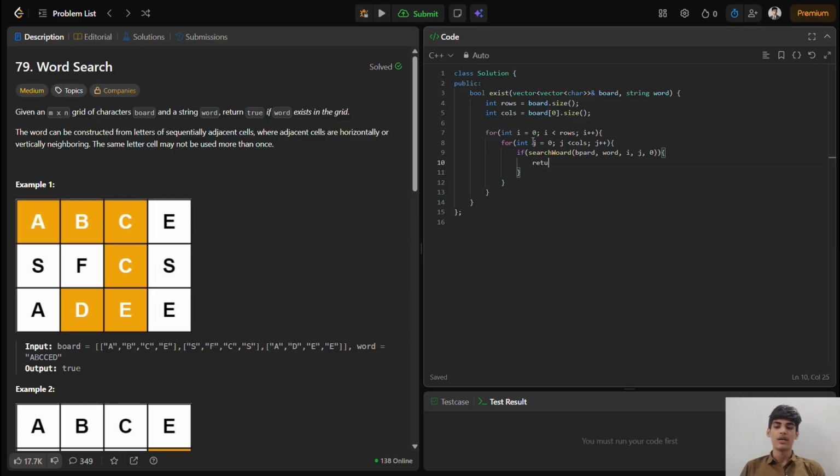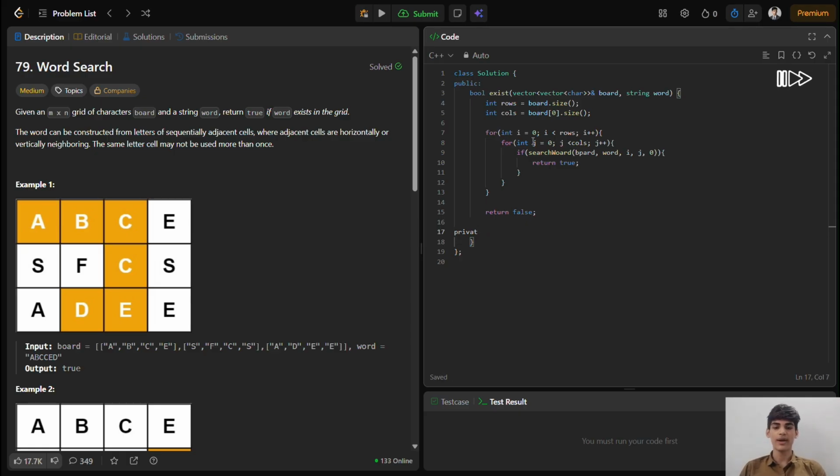This 0 means, hey helper function, check if the first letter of the word is right there. If it finds a complete path, it returns true and our work is done. Finally, if the loops finish scanning every single box on the board and nothing counts as a success, we hit the bottom line and return false because the word simply does not exist.